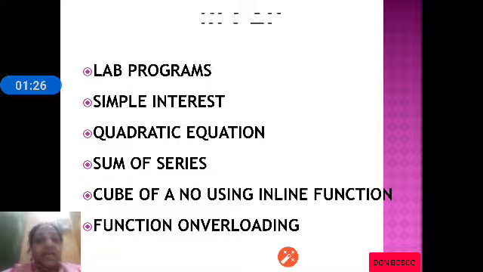Let us have a recap of the topics we studied in the previous class, that is simple interest program, which belongs to objects and classes, quadratic equation program, sum of the series where we used constructor.